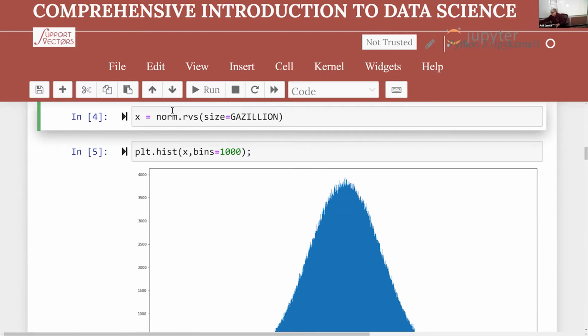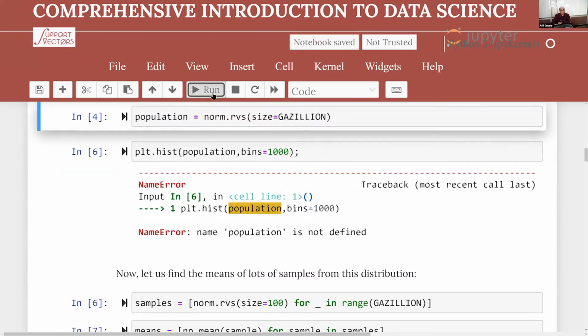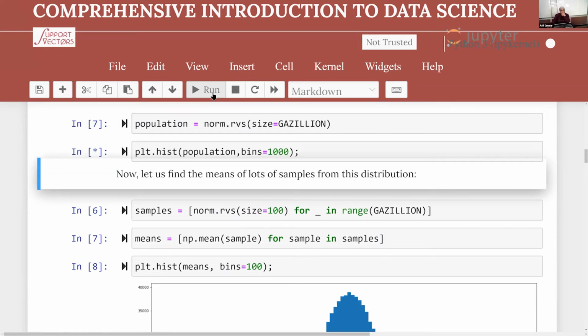First, let me do one more thing. If it is a population, let me just call it the population. One moment, I will change the name of the variable also. This is the population. And let me use the word population, so when I host the notebook, it is clear. So what it means is, at this moment, we are binning all the numbers into 1,000